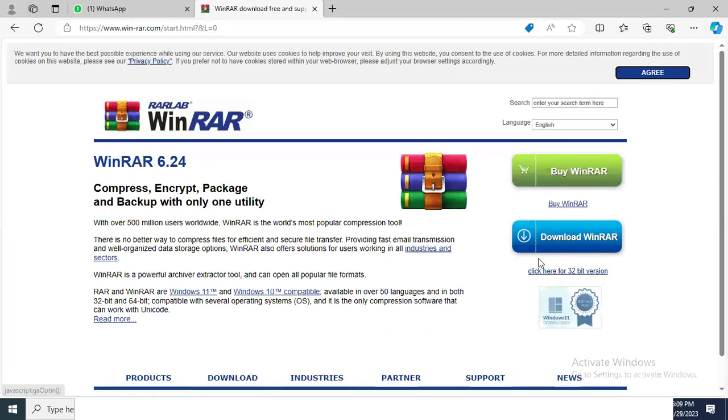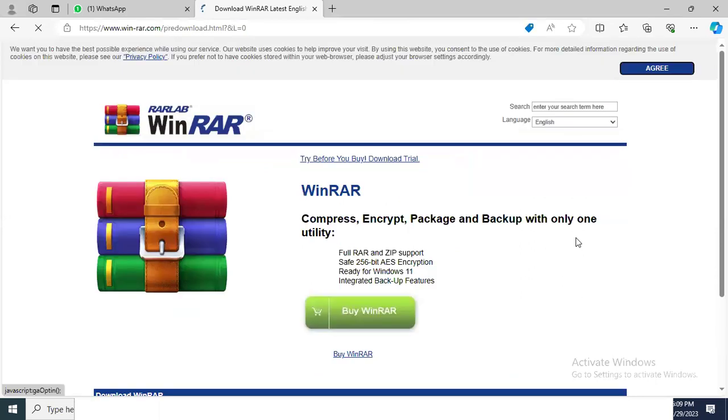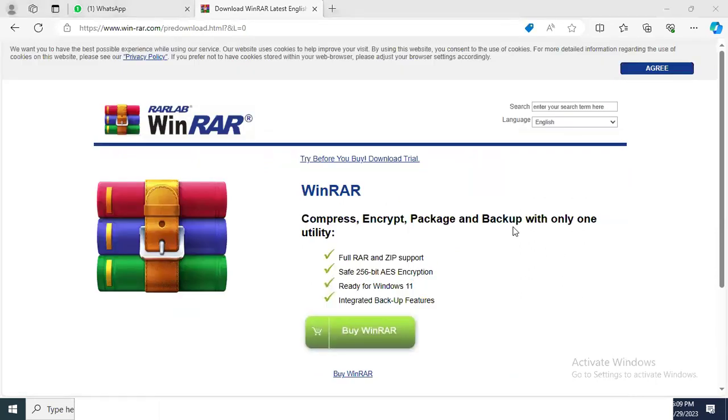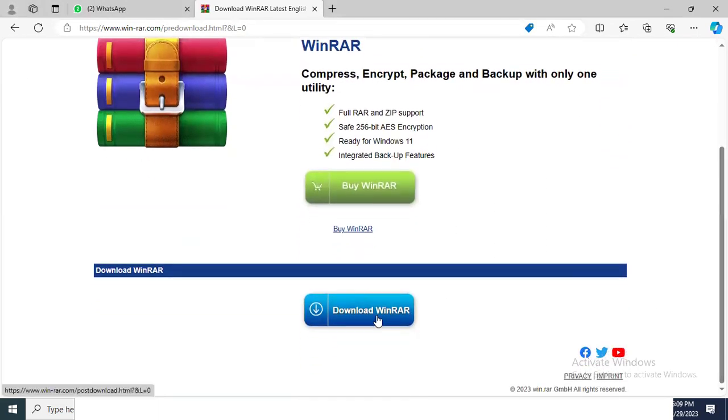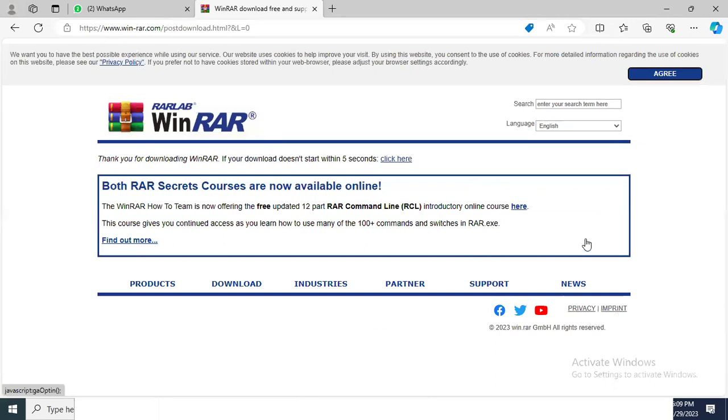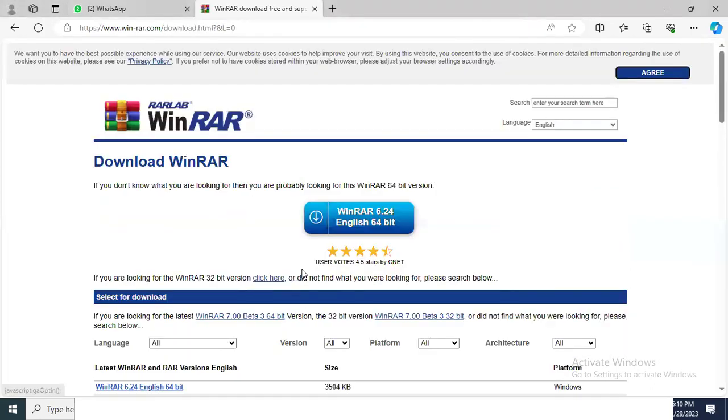Actually, there was a problem in my system, and due to which I need to uninstall it for a couple of minutes. But I have resolved the problem, but I need to install the software again. And in due course, when it will download,